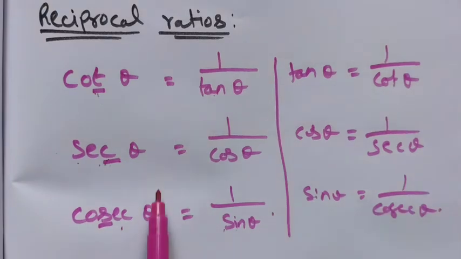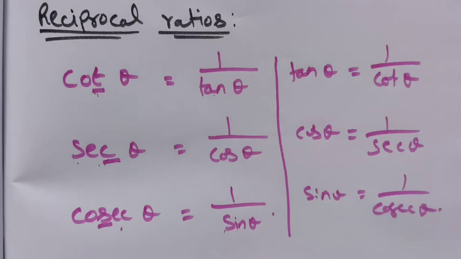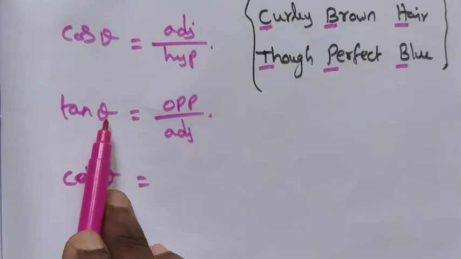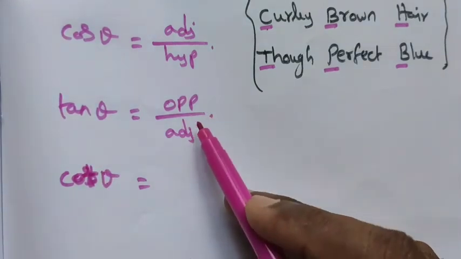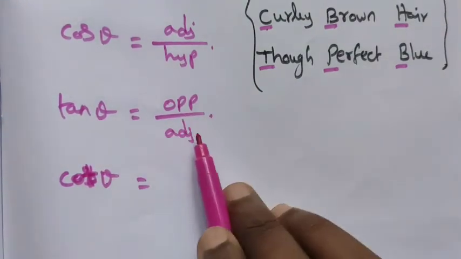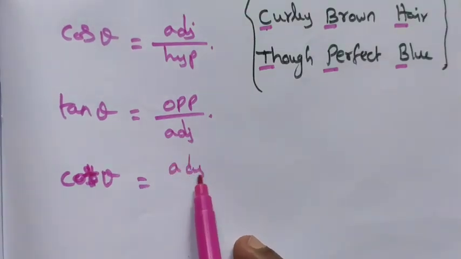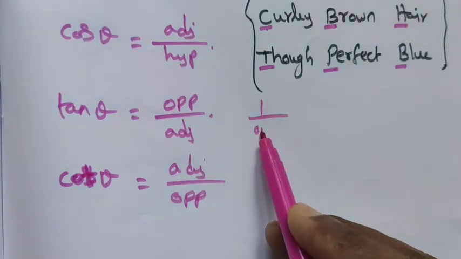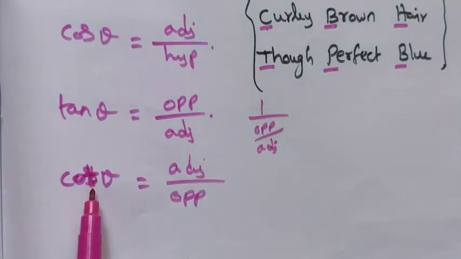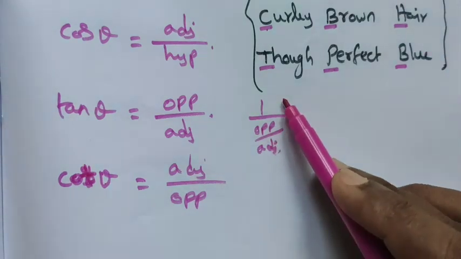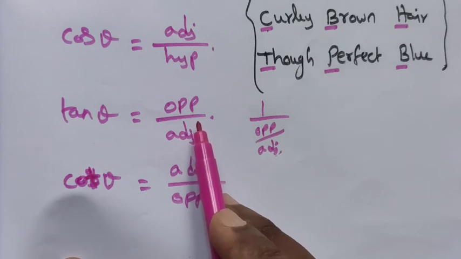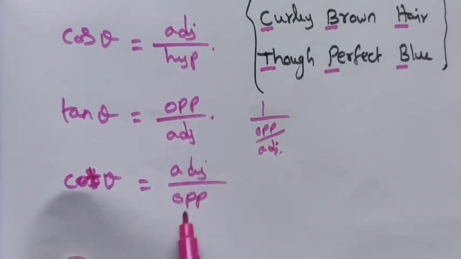Now using this reciprocal ratio, we are going to write the cot theta, secant theta, cosecant theta ratios. Now see, using the reciprocal ratio, what is the cot theta reciprocal? Tan theta, 1 by tan theta. If you take the reciprocal of 1 by tan theta, it is adjacent side divided by opposite side. Tan is opposite divided by adjacent, and the denominator turns to numerator, just reciprocal the term. Cot theta is equal to the tan theta reciprocal, right? So adjacent divided by opposite.